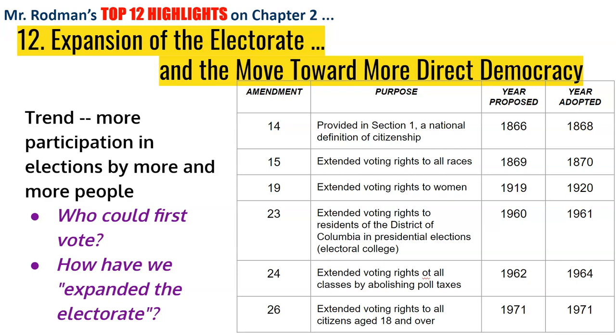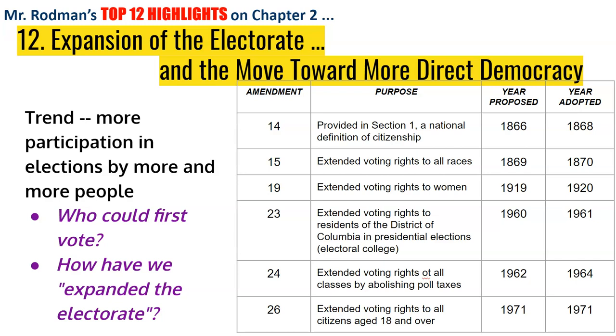But we also know there were Jim Crow laws and a lot of other poll taxes, grandfather clauses, and literacy tests that were keeping people from voting, particularly in the South. So while we were expanding the vote, there were also places where it was very limited. In the 19th Amendment, 100 years ago this year, we expanded the voting rights for women. Women's suffrage was adopted and went into effect.